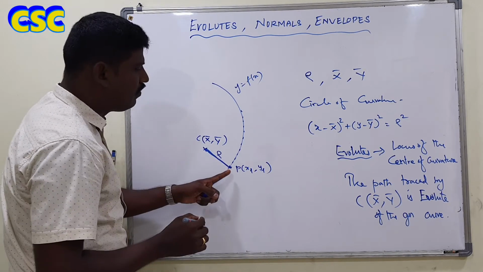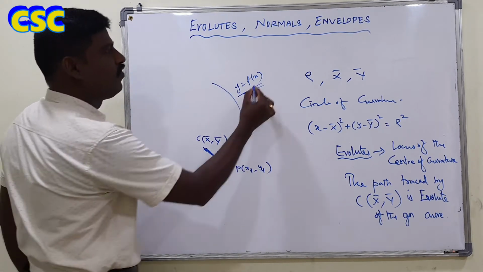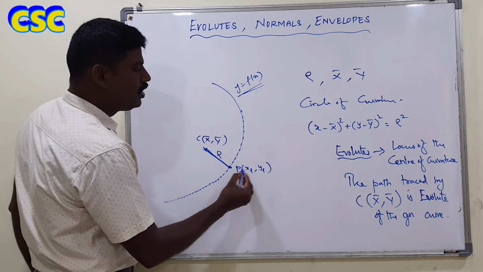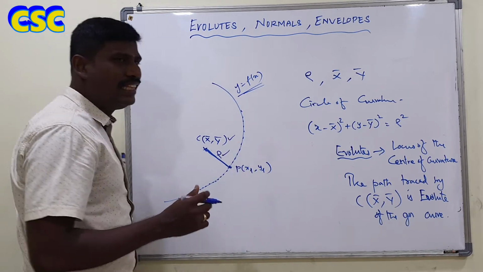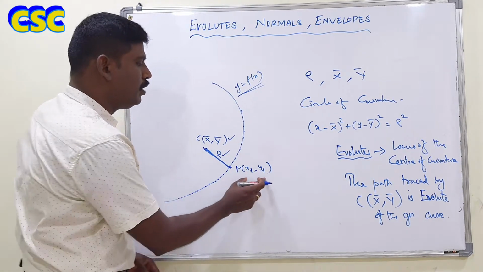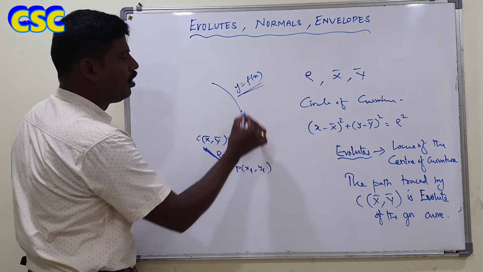So each and every point on y equal to f of x, crores and crores of points on f of x, isn't it? So at each and every point we can calculate the radius and center of curvature. There exists a 1-1 correspondence between the point and the center of curvature. For a point on y equal to f of x, there exists